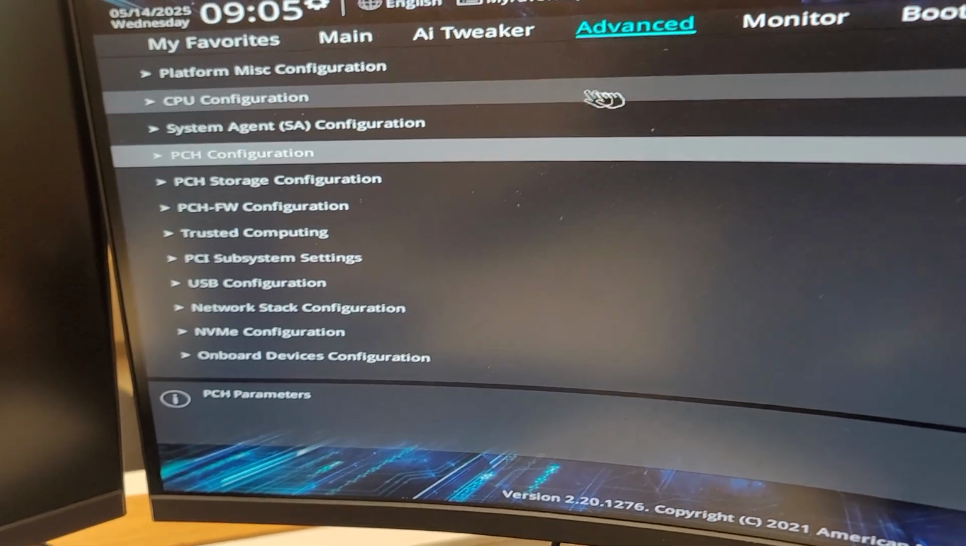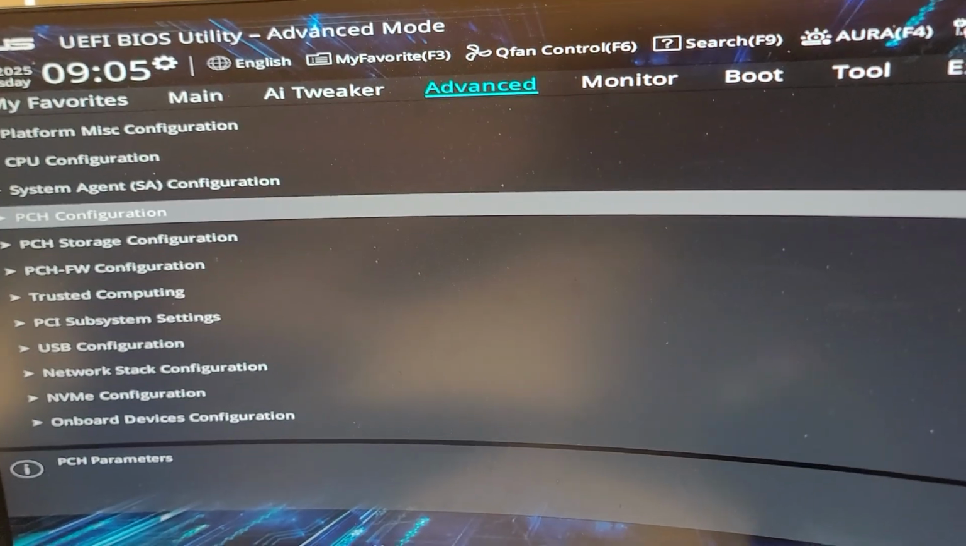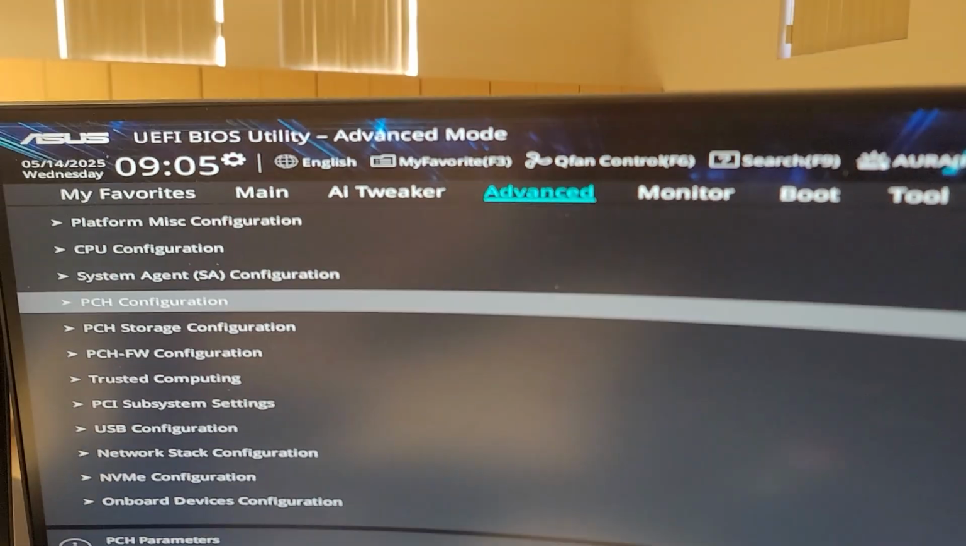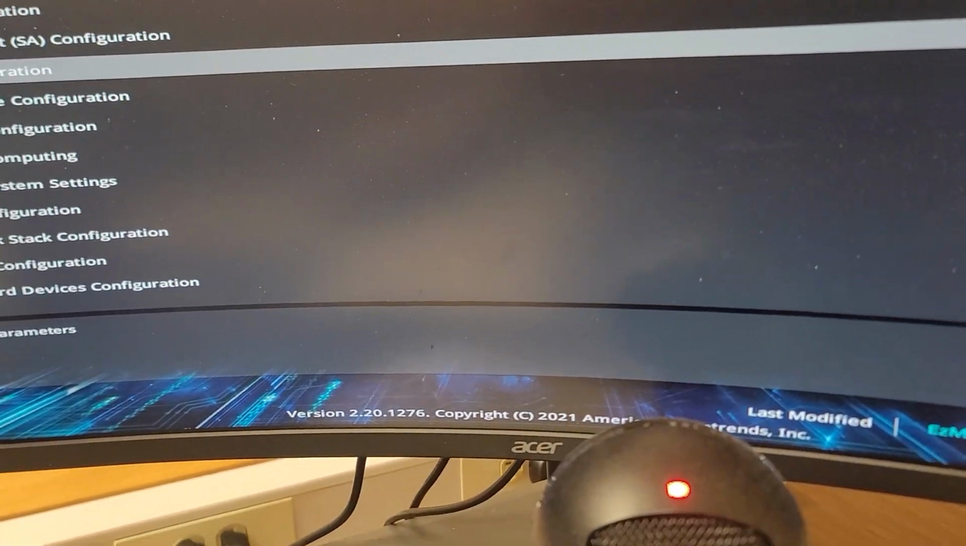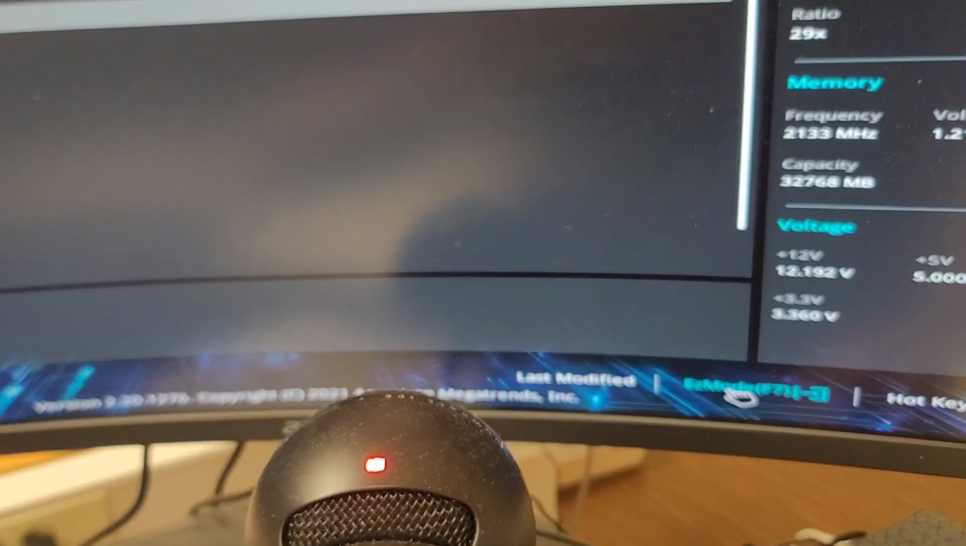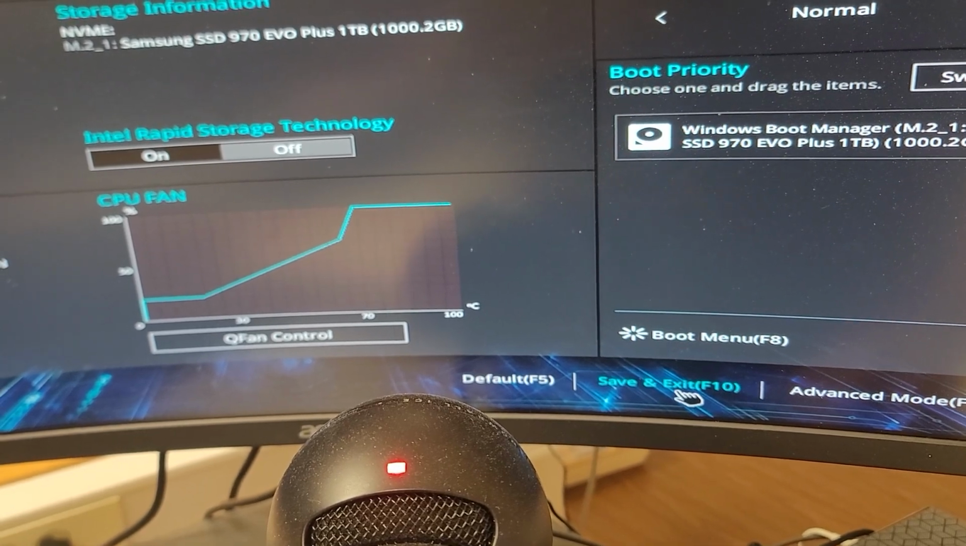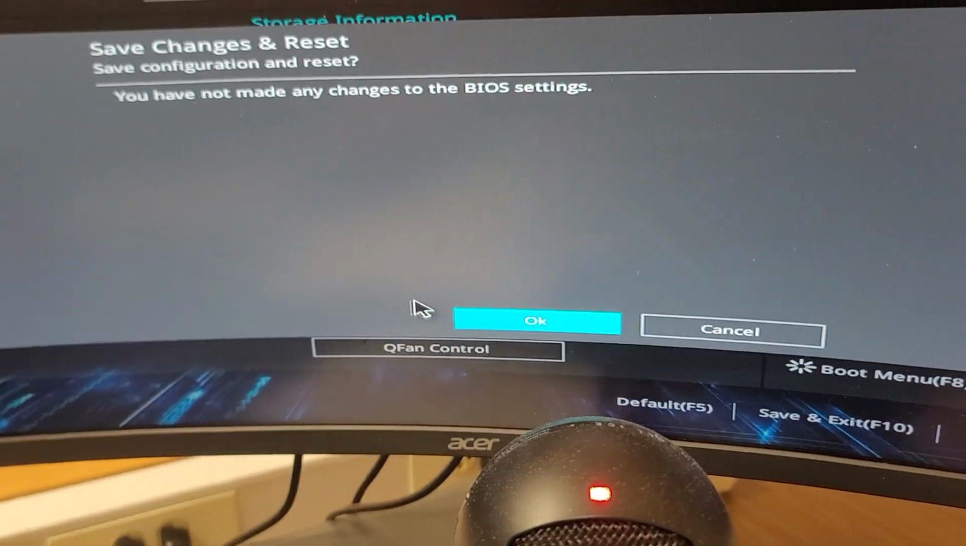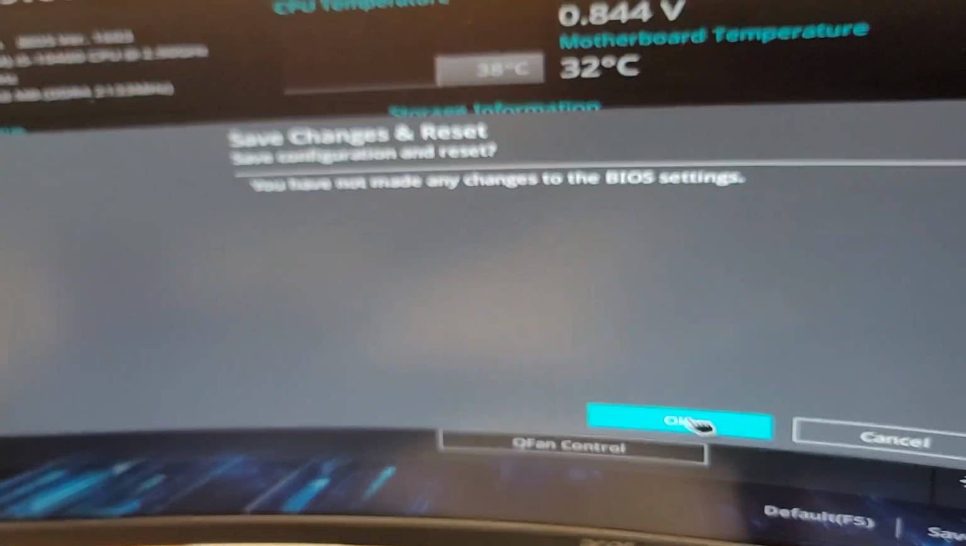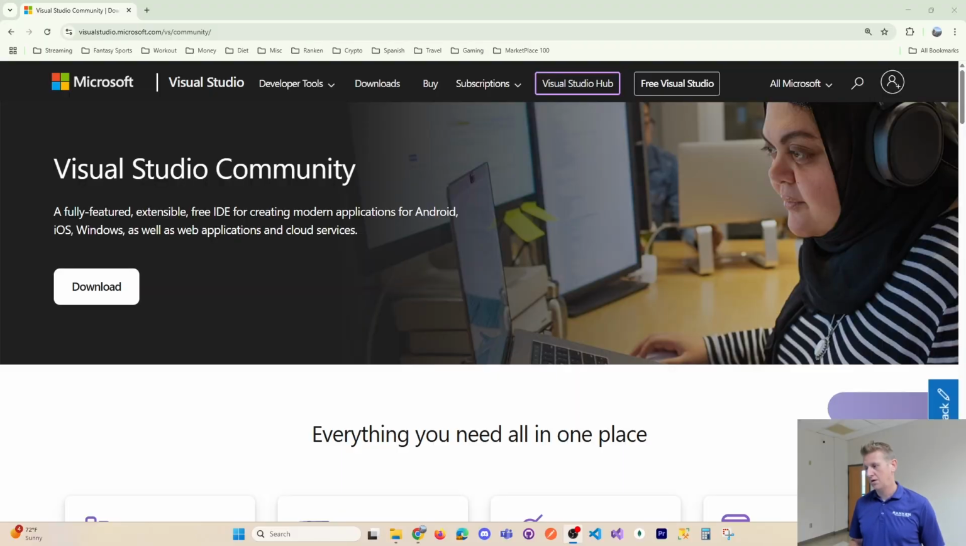But nonetheless, if you have to hunt and peck, you can hunt and peck through there to find that virtualization setting. We'll go ahead and go back and save and exit. Make sure that you save and click OK. All right, now that virtualization is enabled in the BIOS, which is an important first step for that Android emulator,